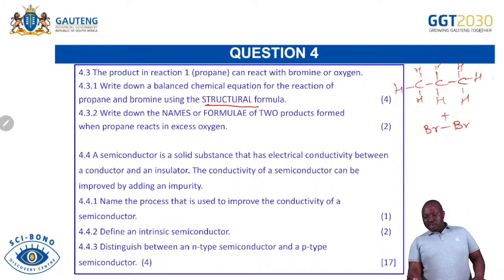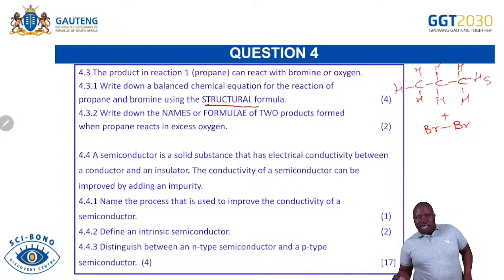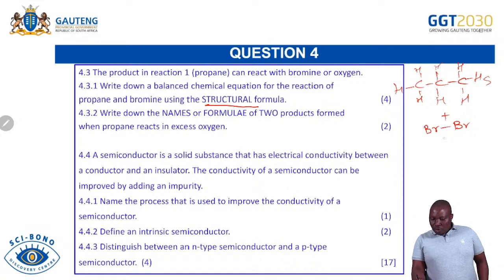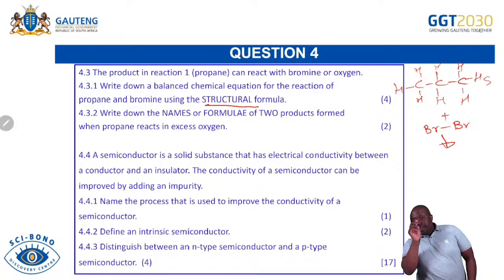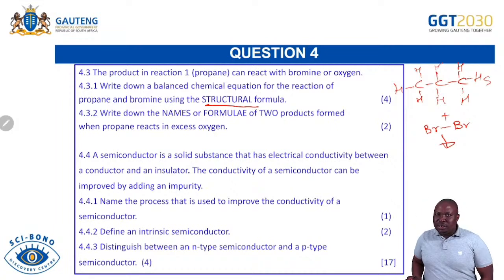So you can see this is saturated. So saturated, in our case, we're going to substitute. Obviously, we're going to remove 1 hydrogen and put a bromine. Now, the question that comes is, which hydrogen are we going to substitute? This is a nice one to say, now we have this carbon number 1, carbon number 2, carbon number 3. Which hydrogen are we going to substitute? Because we're agreeing that this is substitution.